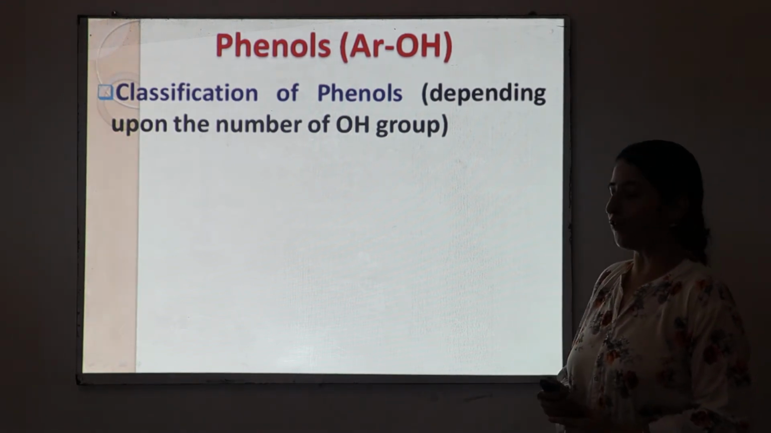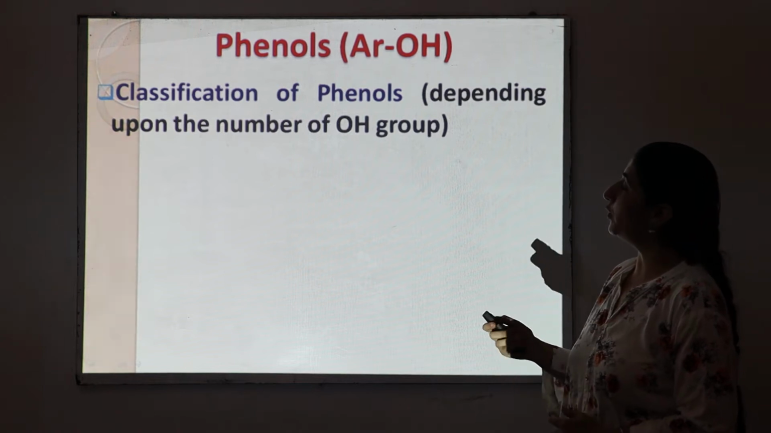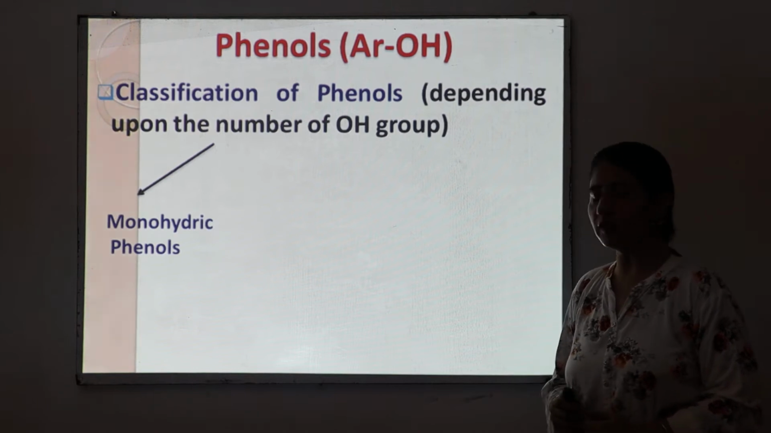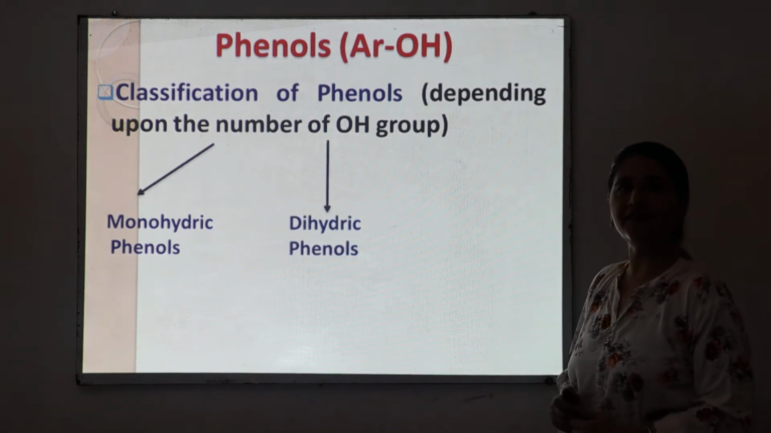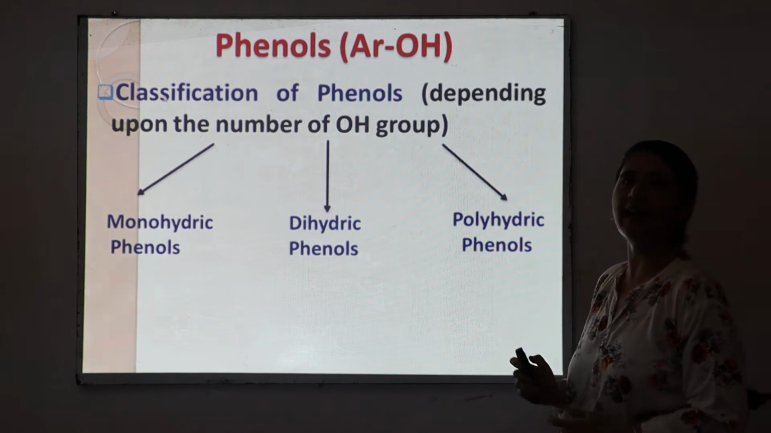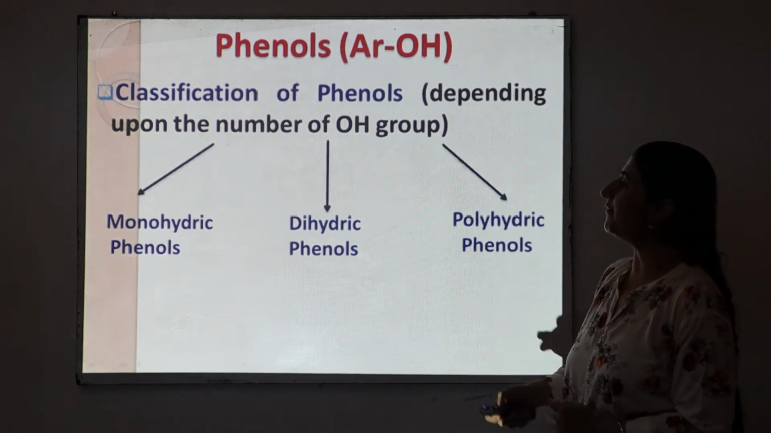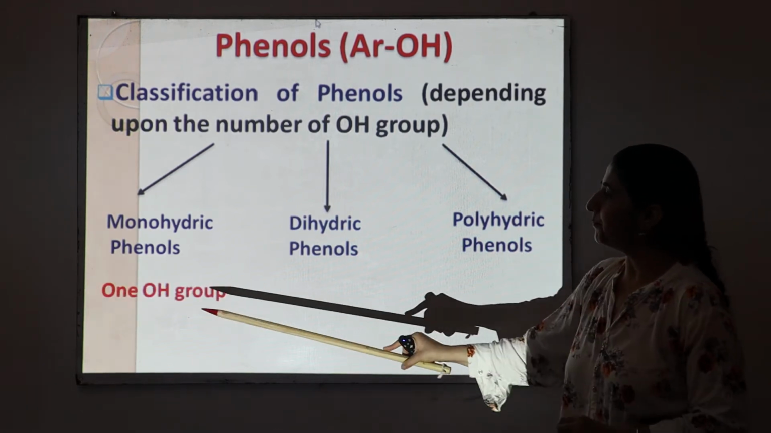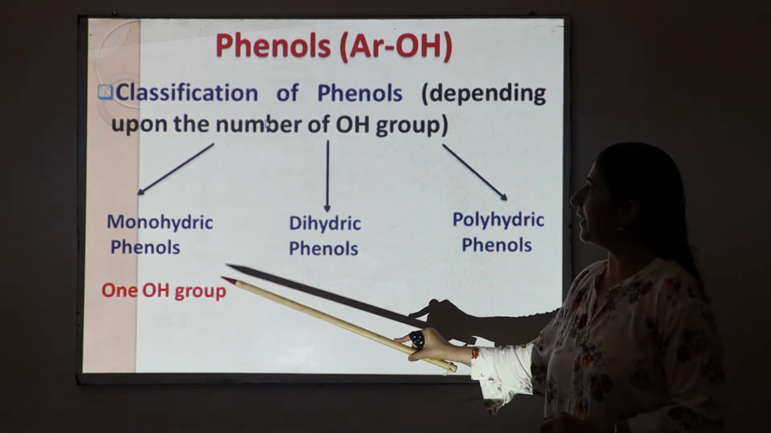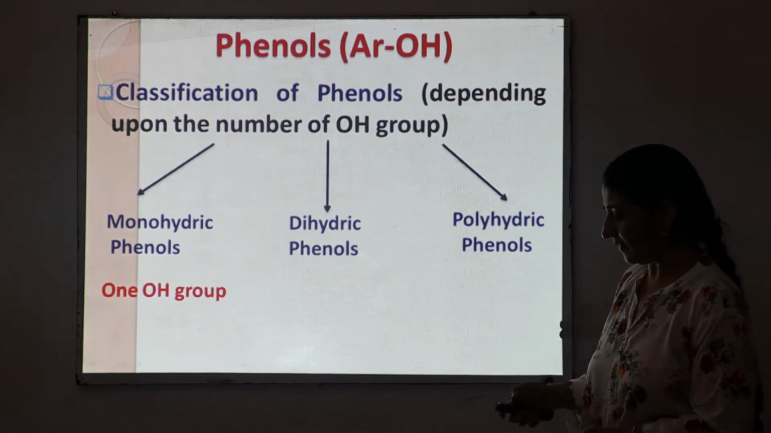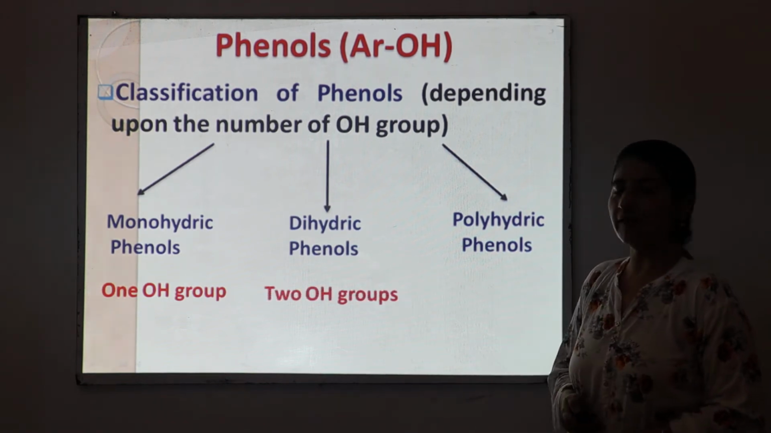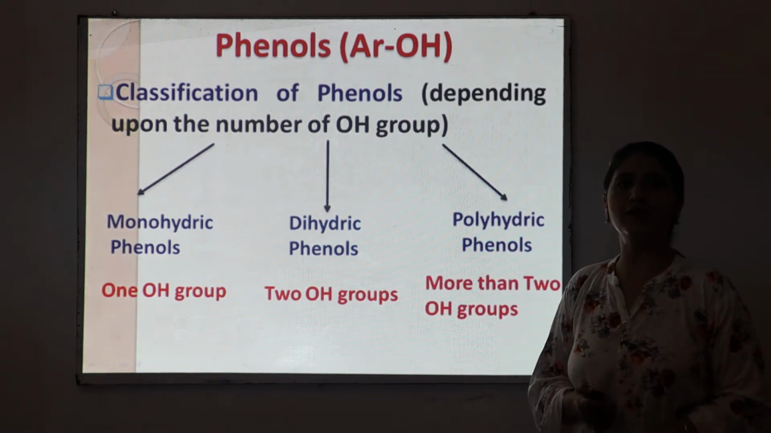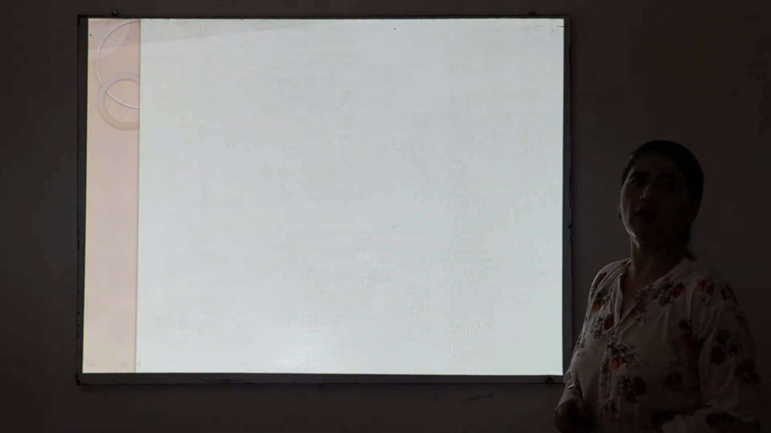Based on the number of OH groups, we classify phenol into three different subgroups. Number one is monohydric phenols, second is dihydric phenols, and third is polyhydric phenols. Monohydric phenol contains one OH group, whereas dihydric phenol contains two OH groups, and polyhydric phenols contain more than two OH groups. So we have a few examples of monohydric,